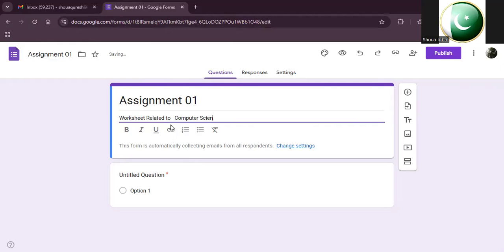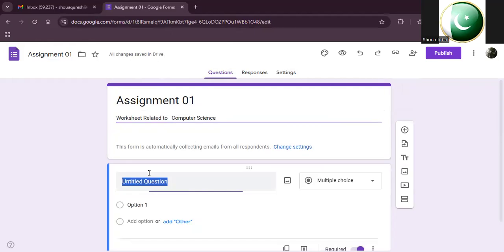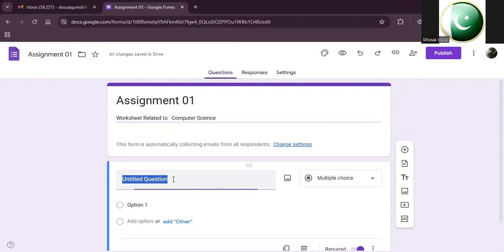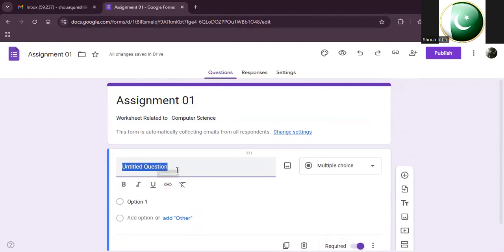This is my subject, and I have mentioned the subject over here. Then as we scroll down the window, we will see they have given the portion where I will type a question for the students to solve. First, you will click backspace and remove this question,